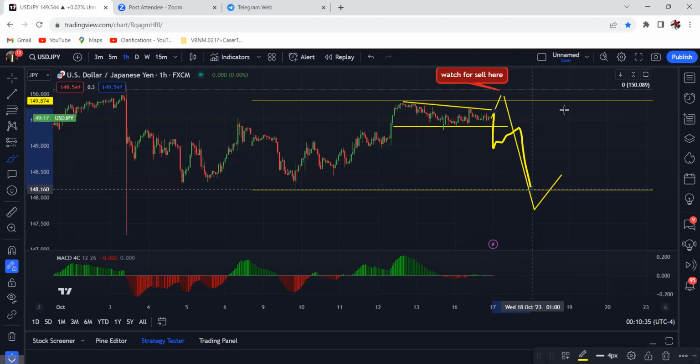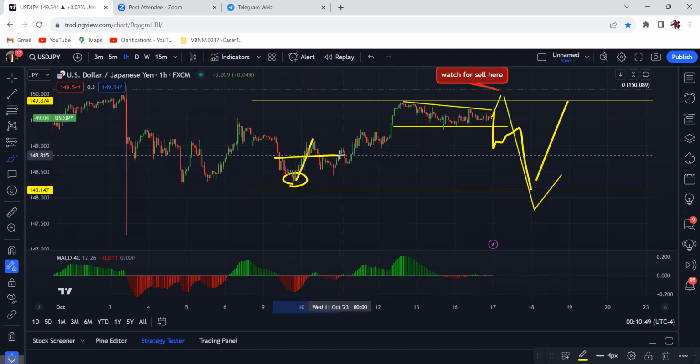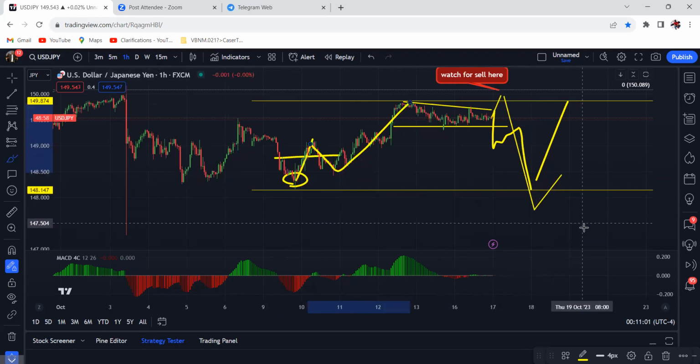Now, again, this can go back up just like it did right here. All based on what price action does when it gets to the bottom. Are we going to get a nice flag or are we going to get a reversal? As you can see here, we got a change of character, a retest for a buy up. Right. With the strength of JPY, I'm expecting a breakout and then a continuation to the downside.